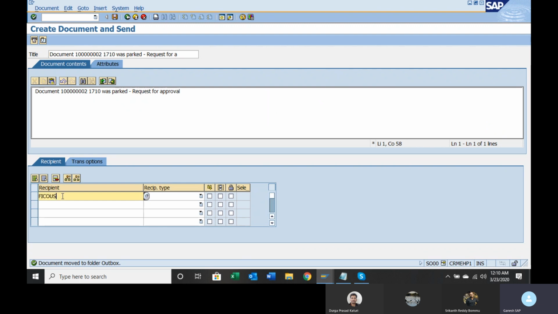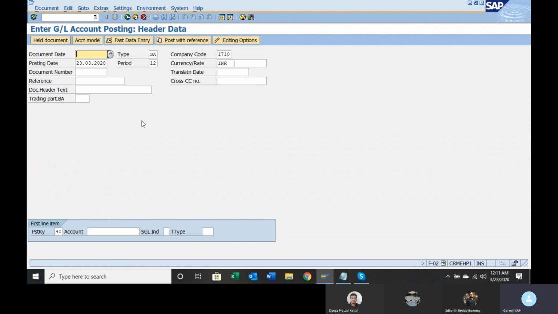FICO user 33. Assume that this is your boss ID and you are giving it here, and select SAP logon name. Select Send Express. Nothing else is required. Click on the Send button. So as a user, we are sending this information to the manager. The manager would have received a mail by this time, and he will check that mail. Based on that, he will approve it.